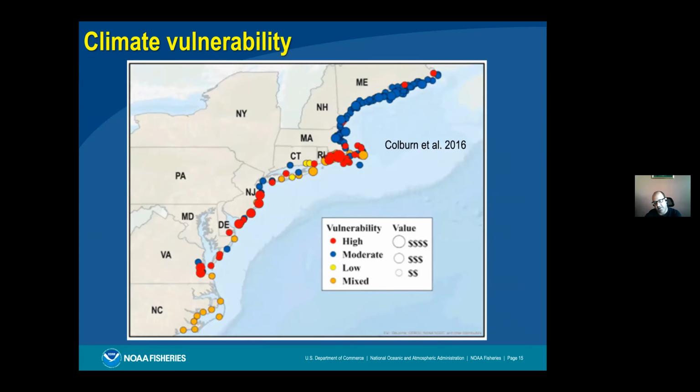We've also conducted social vulnerability studies. This is a paper by Lisa Colburn et al., published in 2016. Essentially what they did here was look at the various ports along the US Northeast and assign a vulnerability score. That vulnerability score was based on both the total value at those ports, but also the diversity. So essentially what they found in a nutshell was that those ports that have a higher diversity of catch